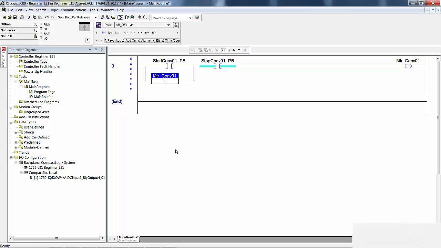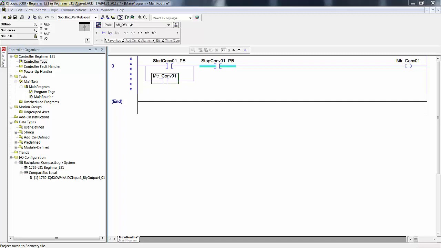The solution. Start and stop of a single conveyor with an undefined descriptive tag. I moved the stop instruction to emphasize the indifference to the location of that function before or after the start logic. I have an abundance of I/O, but I did not alias the module-defined tags to demonstrate a key feature of RSLogix 5000, which is that of concurrent engineering. This feature, referred to as concurrent engineering,